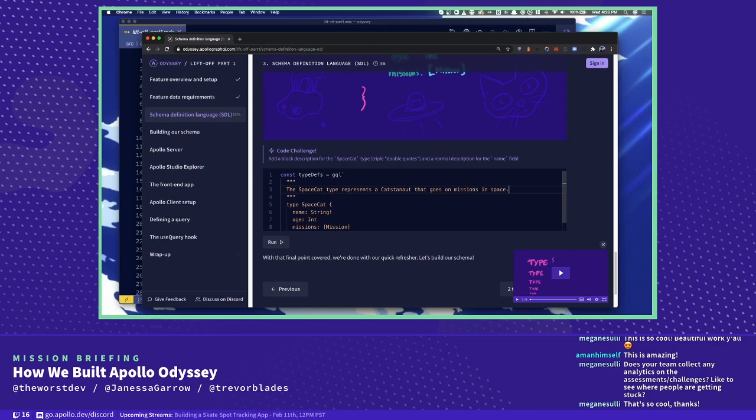Just when you think the sentence is about to end, a couple extra words get added on. Goes on missions in space alone or with other Catstronauts? No, just kidding. In a group. I should add a second line that says to be continued.